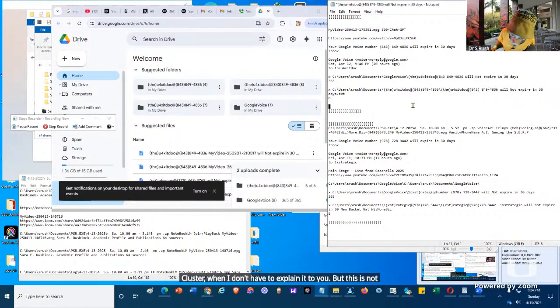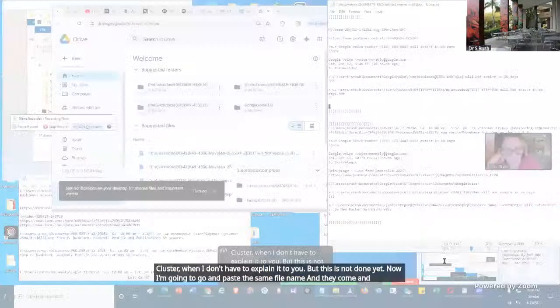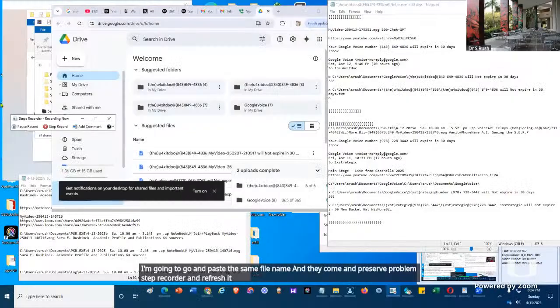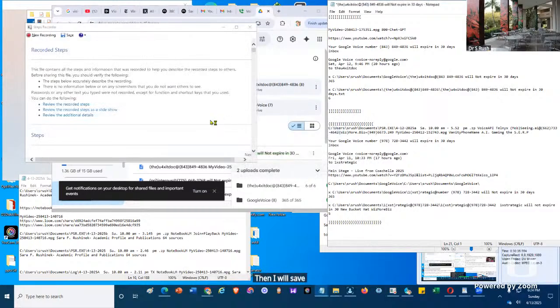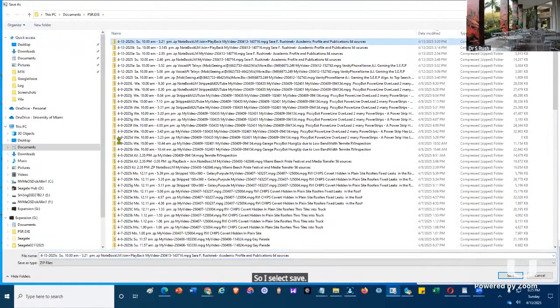Now I'm going to paste the same file name, add a comment in PSAR, problem step recorder, and refresh it. So now I'm going to stop the recording. Then I will save the recording in my Psar subfolder. So I select save. Then I pick up the file name that was there